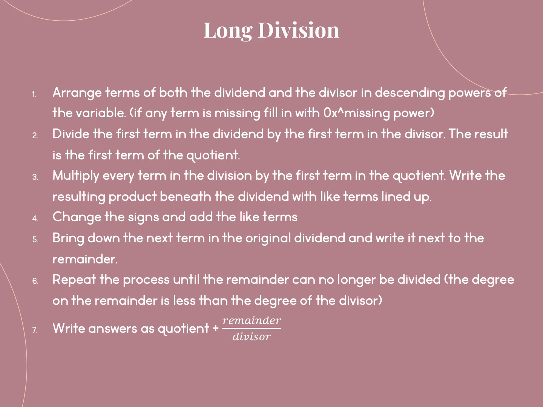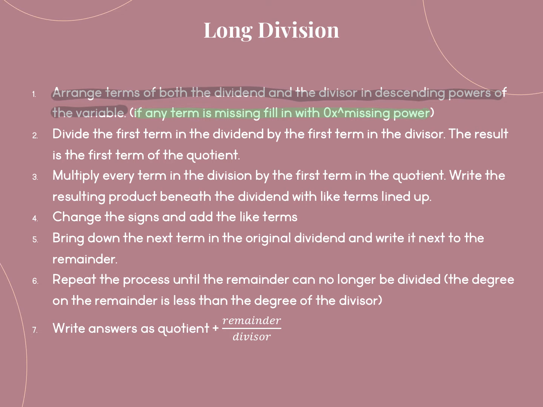So these are the steps of long division. This is a long slide. The first thing for both synthetic and long division is to arrange the terms of both the dividend and divisor in descending powers of the variable. And if there's any term missing, you're going to fill it in with 0x followed by whatever the power needs to be. So if I had an x to the third and an x, I'm going to fill in 0x squared. Then you just divide first into first, multiply out the rest, change the signs and add, and then bring